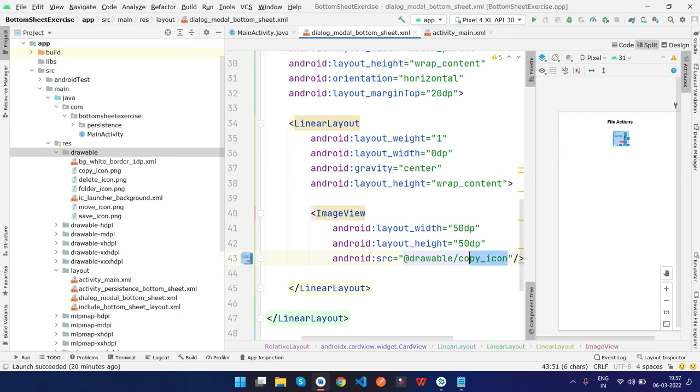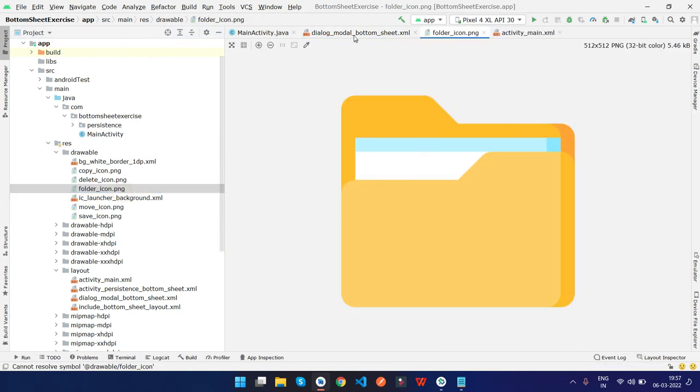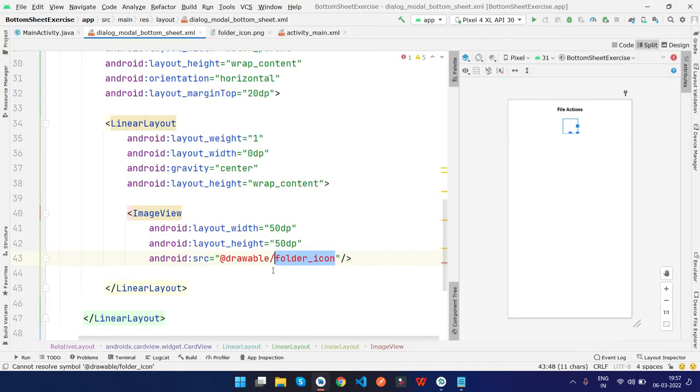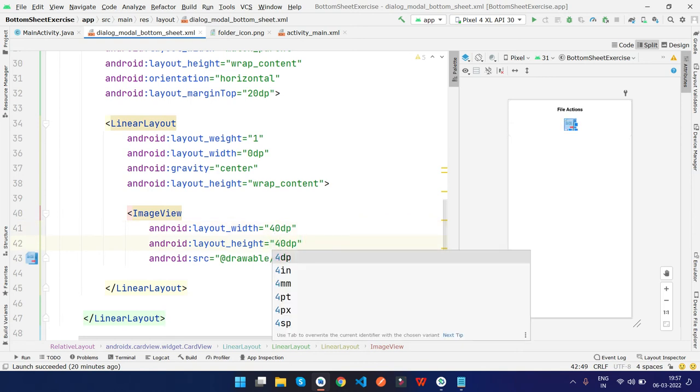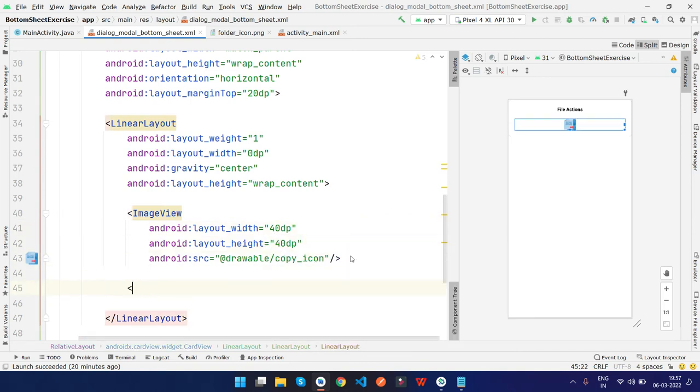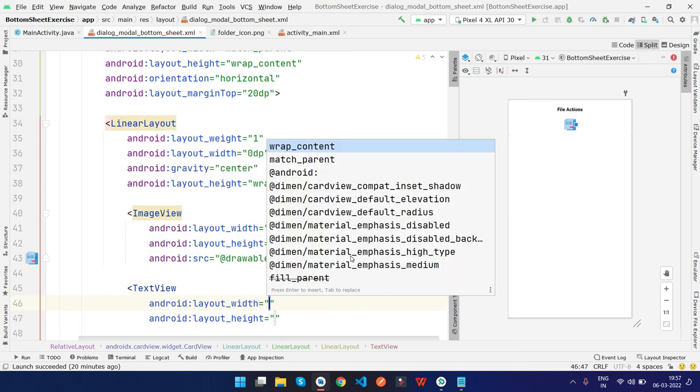Copy icon is here, but okay, there are some issues with this folder icon. I don't know why it is behaving like that. So let me just use the copy icon here and set it to 40. Okay, now we just need to